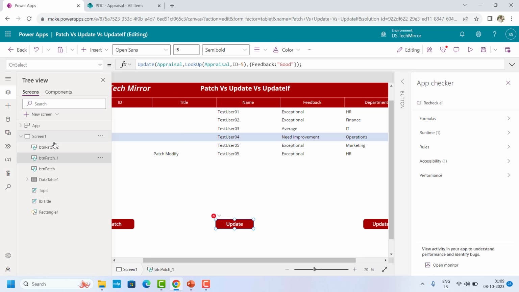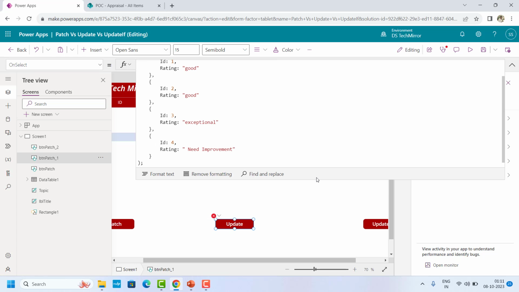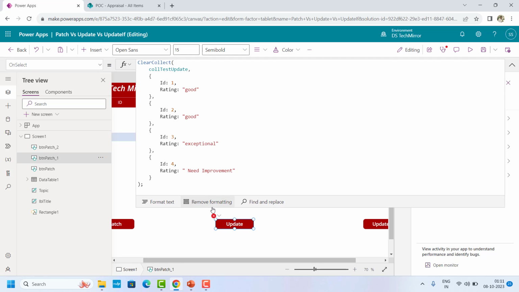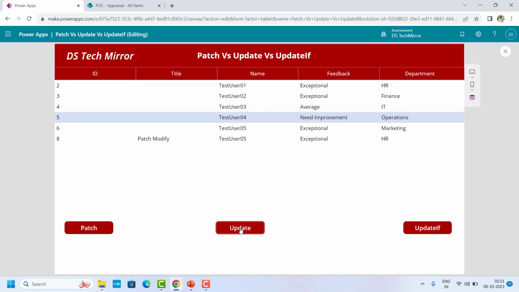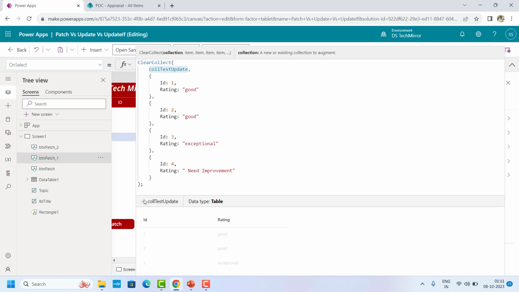So what I will do, I'll go to this update button, and here I will create a collection. This is the local collection which I have created now, and I'll try to make use of this update function to modify this collection. Before that, just to get rid of this error icon, it is because it is still in the last context. I'll go in the play mode, I'll click on this and it will create the collection. I'll come over here, see that error is gone, collection test update, and here you could see this collection is there. 1 2 3